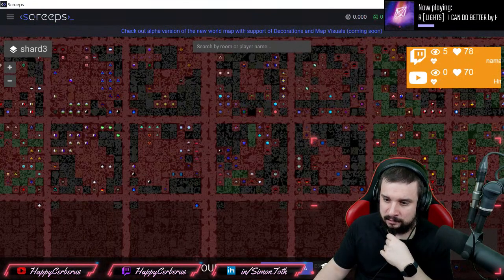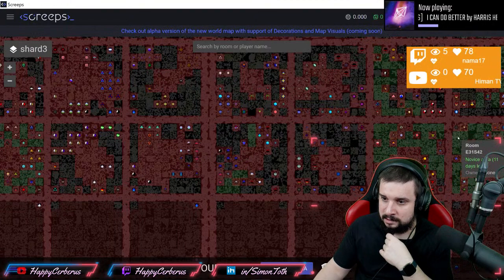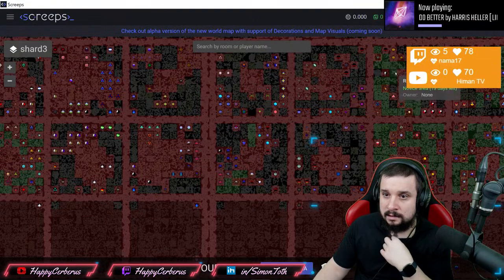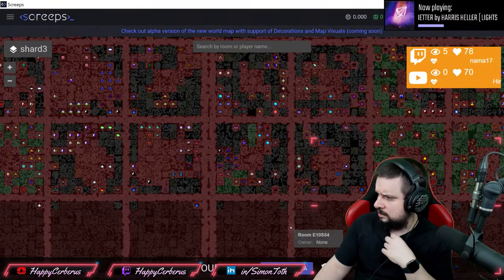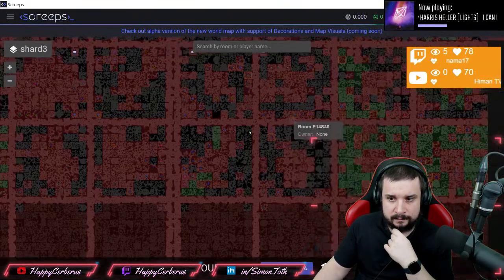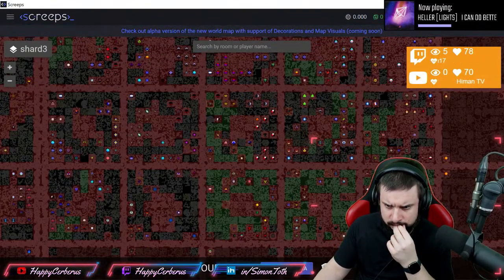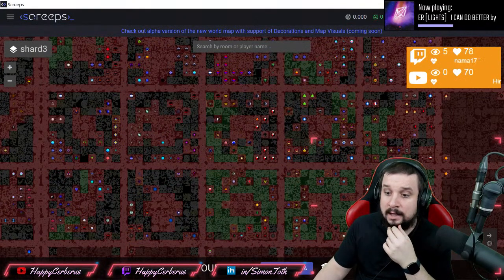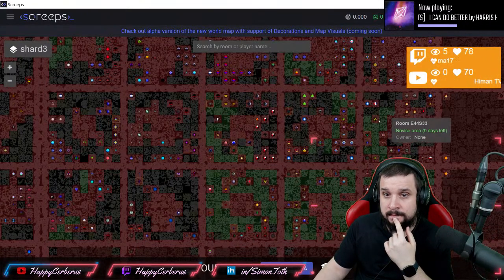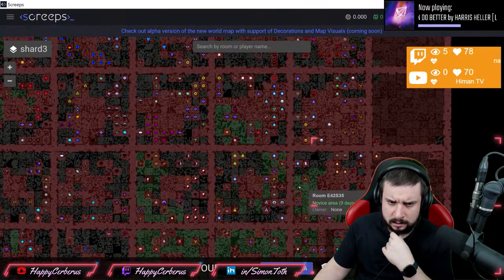Green sectors are novice areas. Okay. Okay, 3 days left, 11 days left, 19 days left. Okay. So what exactly does that mean? That is a novice area? Ah, they're surrounded by walls. Okay, sure. Okay, so let's pick...